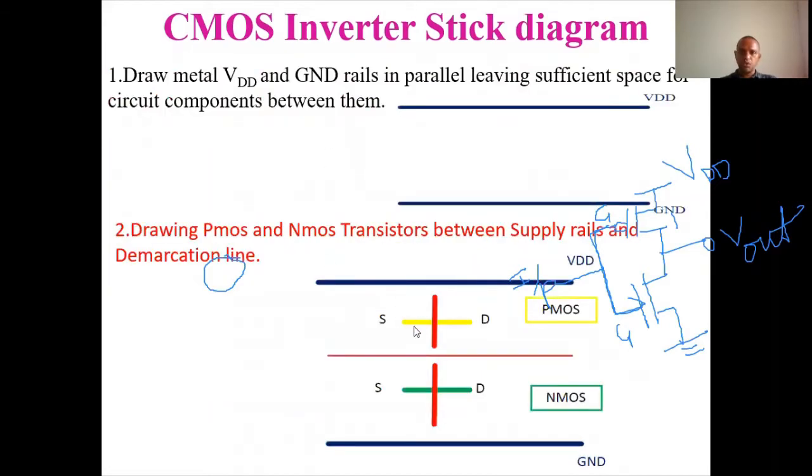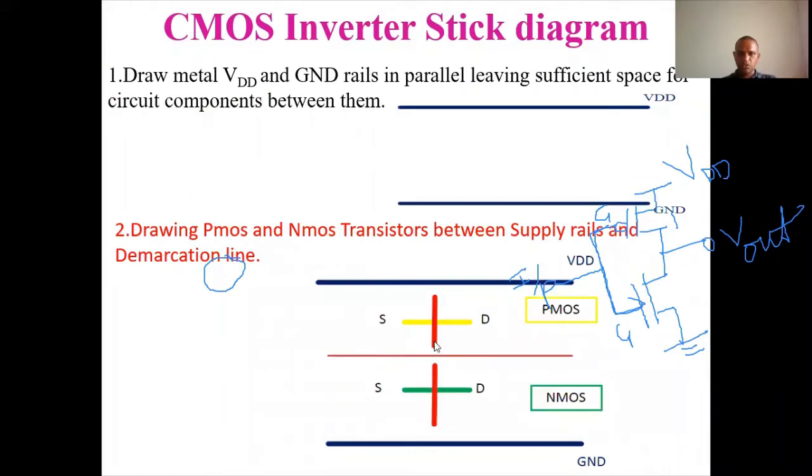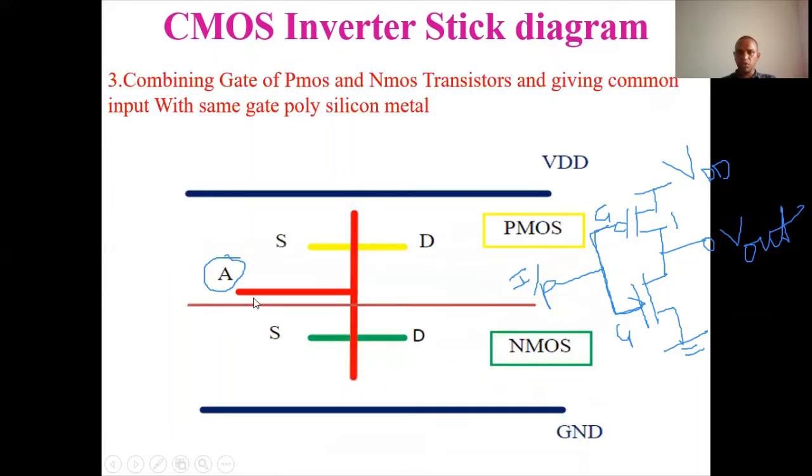So if you observe this one here, this one is the polysilicon and this one is the polysilicon. This will form a gate, and this one is source and this one is drain on either side of this yellow and green. But this will be considered as the gate terminal for us. So these two gates we have to combine, and we will consider one input terminal. So I am combining this polysilicon and this polysilicon, and I am taking a connection across that so that the same polysilicon material is used. So we will form the input terminal.